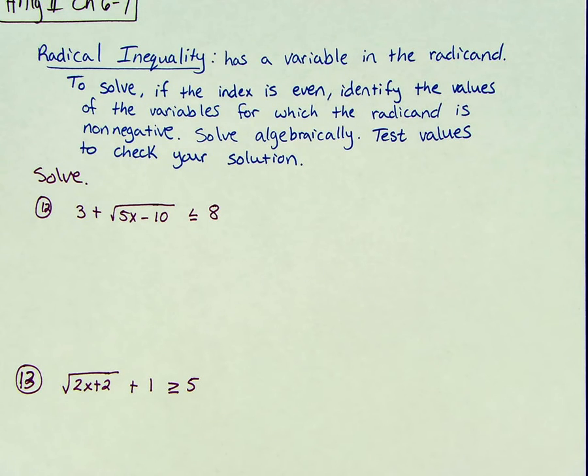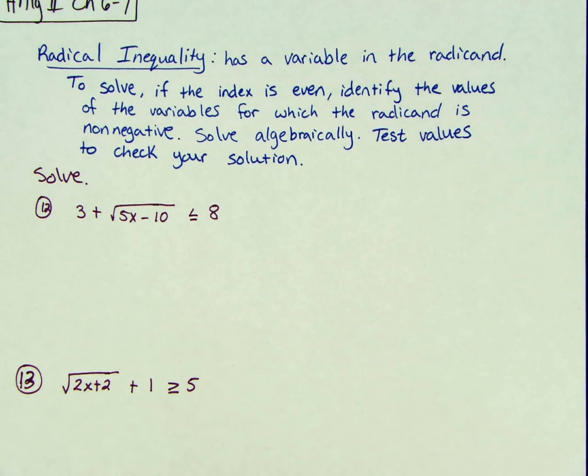The last part of this section deals with solving radical inequalities. So this is when we have a variable inside of our radical with our inequality symbols. And to solve when we have an even root, we're actually going to be solving in two pieces because we're going to have a range of numbers for the answer, so we have to take the domain into consideration. So really, when we solve a radical inequality and we have an even root,